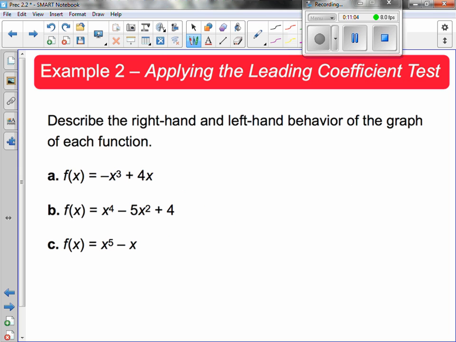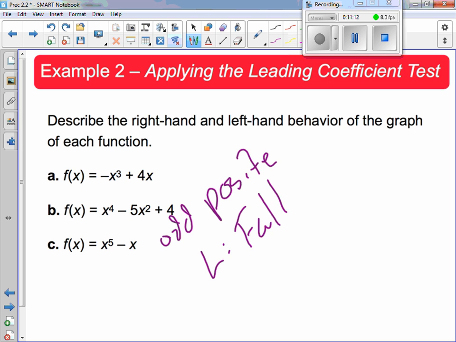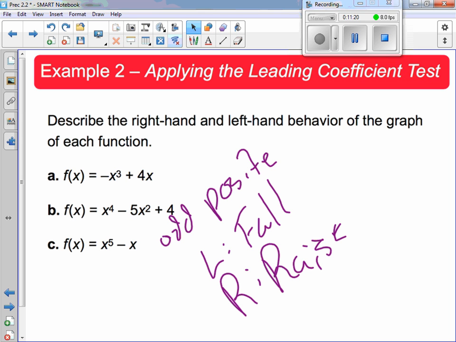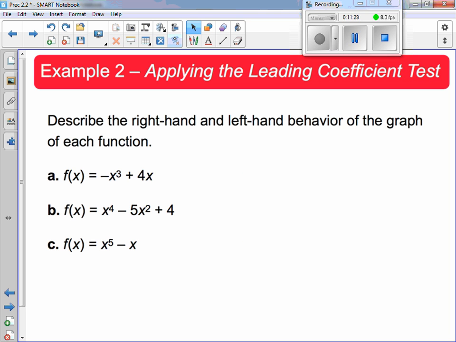So the last one is odd, positive. So left is a fall and right is a rise. Because again, it's pretty much going up. So it's falling to the left, rising to the right. Questions on this here? Now we did it a little bit more technical, because it'd be as f of x